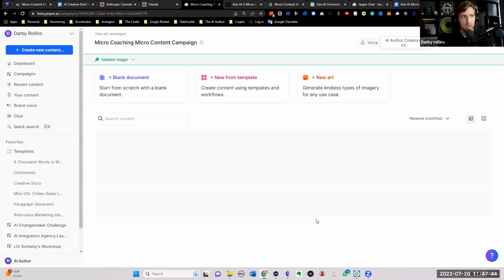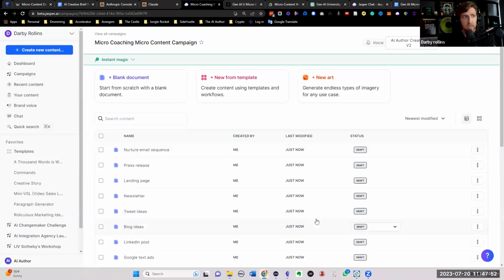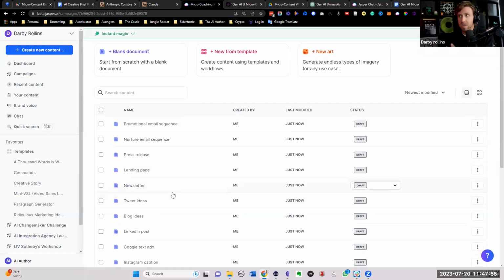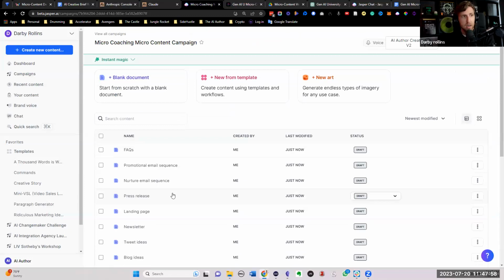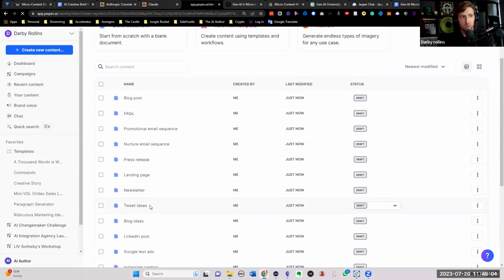And so what do we need? Oh, we need TikTok scripts, Facebook ads, SMS messages. We need blog ideas. I need a LinkedIn post about this. Of course, now we know how we can go into Jasper Chat and just ask it to write us listicles, but now we can also tap into a number of different templates with all of the context that we're providing here and creating. And so tweet ideas, I think, is a really good micro content example here,